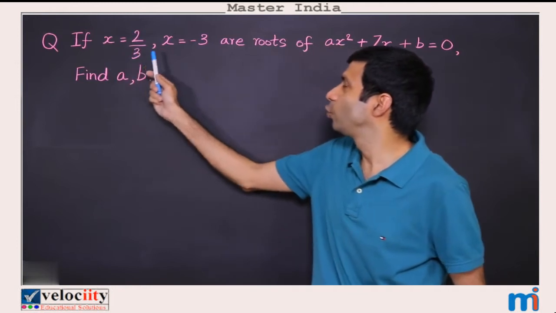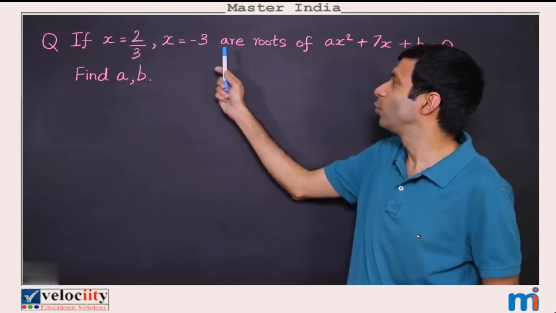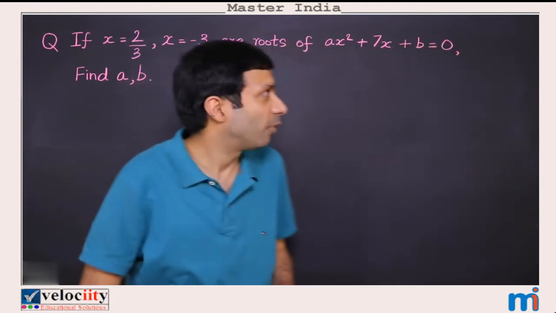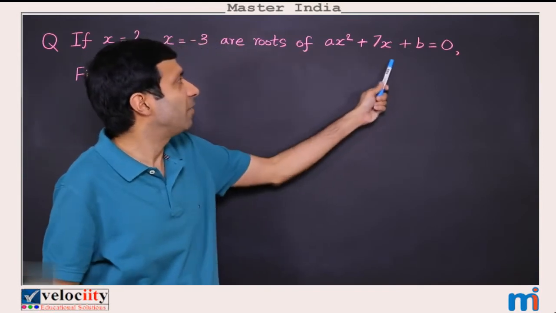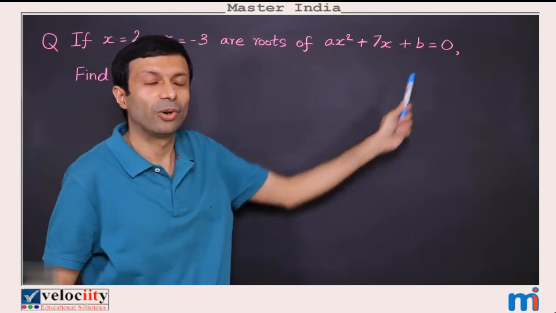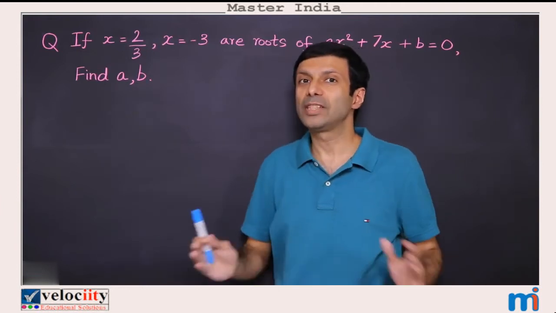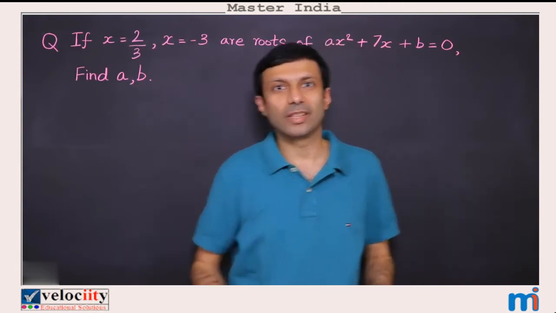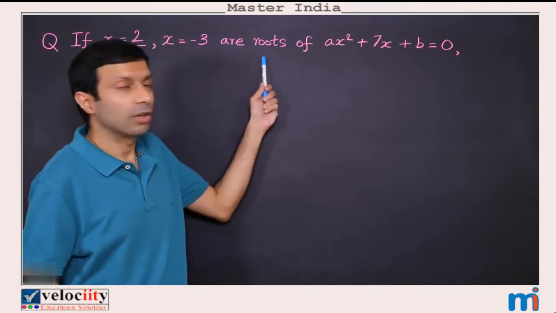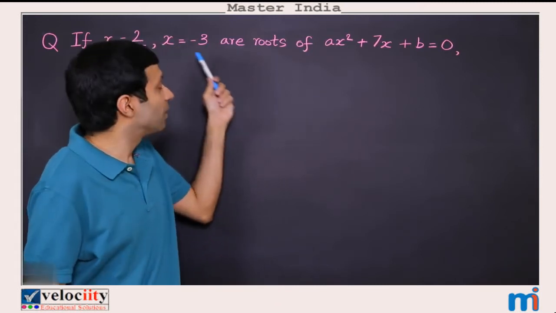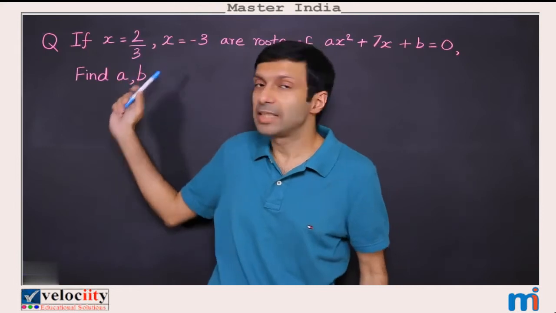If x equal to 2 by 3 and x equal to minus 3 are the roots of ax square plus 7x plus b equal to 0, we need to find a and b. So how do we solve this? Remember the concept? If these are the roots or the zeros, that means these values, if we substitute it in